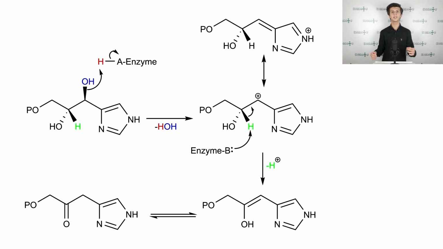The formerly discussed enzyme traps the hydroxide anion with an acidic proton colored red, thus leading to formation of a water molecule. Then the proton in beta position is abstracted and a new pi bond is formed. Finally, the product is tautomerized to imidazole acetol phosphate. To my mind, this reaction serves as a perfect example of the E1 mechanism in biology, and it could be important for agriculture and pharmaceutical sciences. Now, it is time to finish the break and return to our main topic of the discussion.